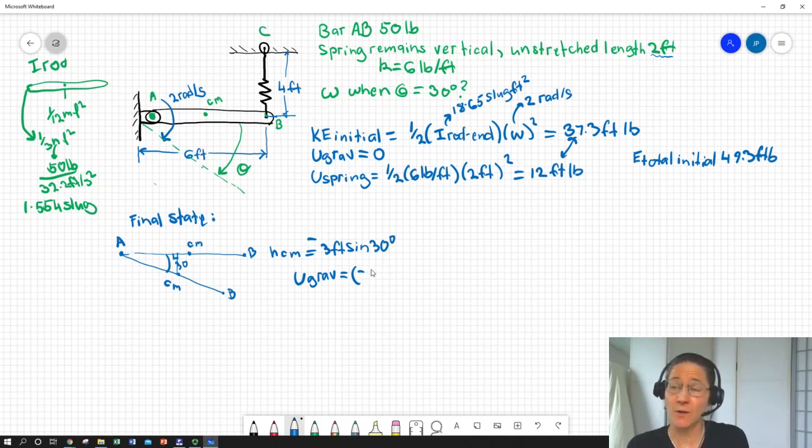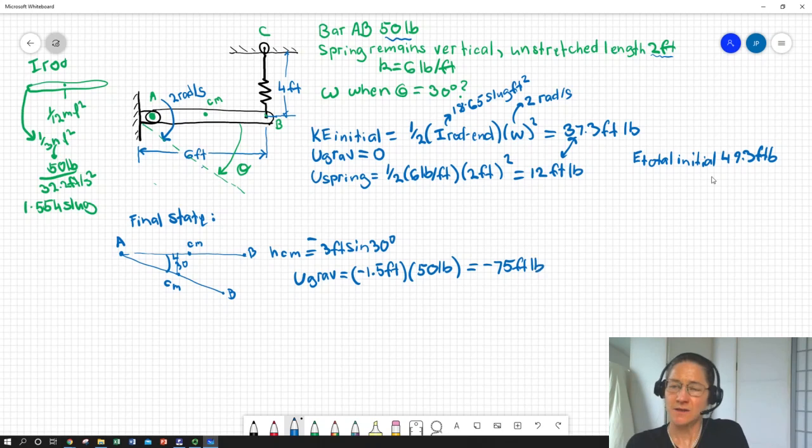So we can treat it like a particle, because even though we have some rotational motion, from the standpoint of the position change in gravity, it's effectively a net translation. So we end up with, we'll just call that a negative 1.5 feet, since sine 30 is 1/2, times mg, which in this case is 50 pounds. We don't have to use slugs. So that's negative 75